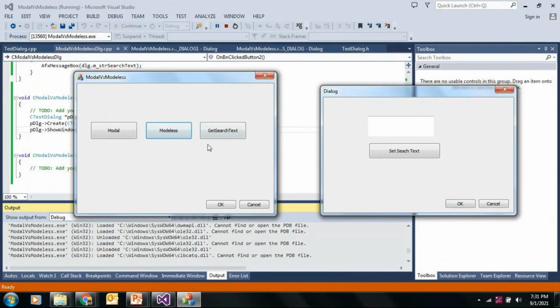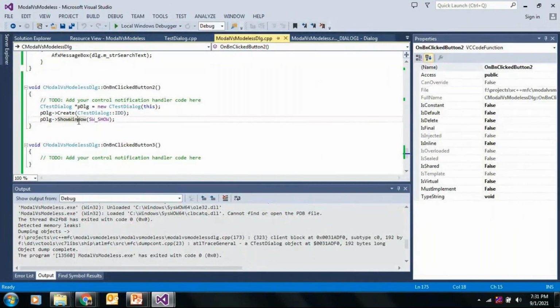Now this is not giving any important function. So what we do now is the user will type the text and he will set it to the member variable of the parent window. Assume this is a document where I need to search for the text entered by the user. The user will type the text, he will set the text, then the text will be searched in the actual document. Now to do that, I'm going to add